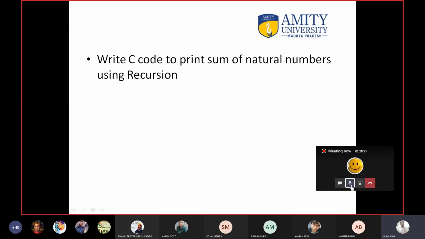So it will call 9, 8, 7, 6, 5, 4, 3, 2, 1. Once I reach 1, it will return 1 and I will add 1 and 2, then 3, then 4, 5, 6, 7, 8, 9, 10. Okay, so it will work like this. You can call the function using the value 10 or using the value 1.